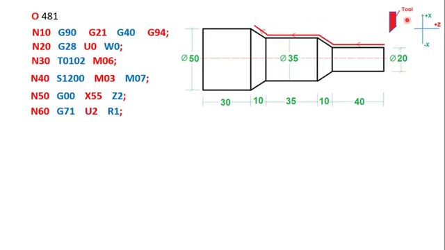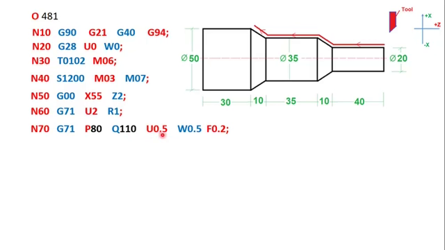After that I have to define these 4 parameters: P, Q, U, W, and F is as usual the feed rate. You can see that after P I have mentioned 80, and I'll explain what that 80 and 110 are afterwards. What is U?